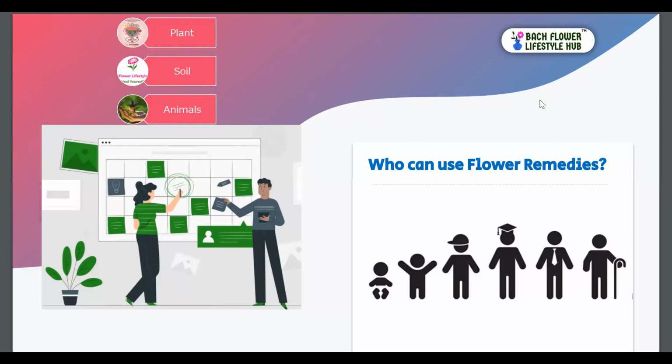In the UK, the countries are very familiar and comfortable using these remedies. With us, it is still in the process of people becoming aware, and once they are aware, they are taking the benefit of these remedies. These remedies are very commonly used for children. We can also use this remedy for a 1-day-old kid. We just need to make sure that we are using the right and original remedies for children.